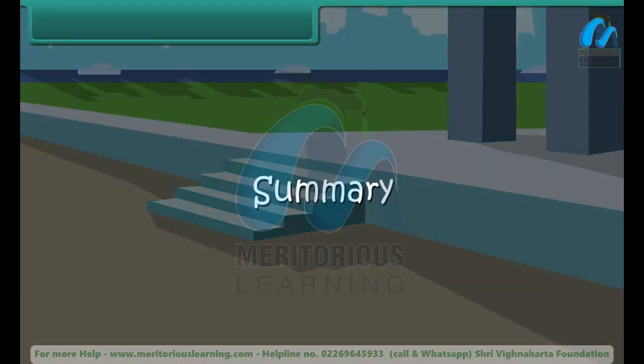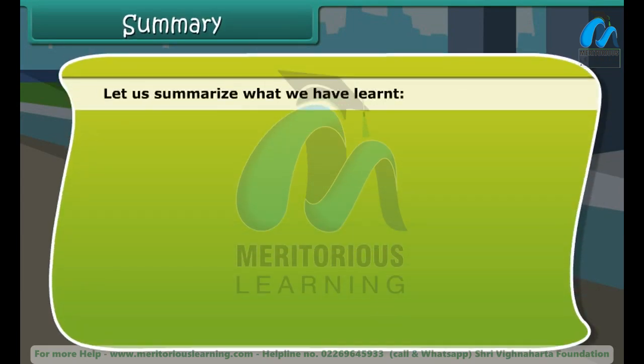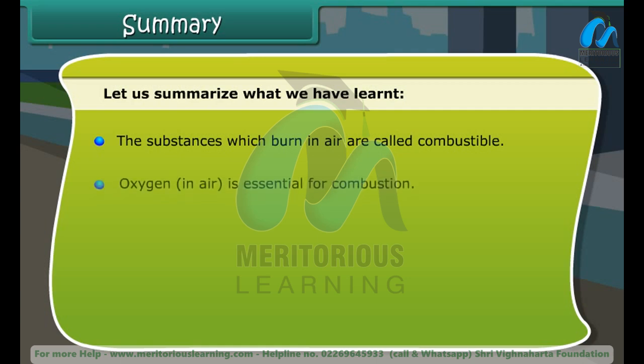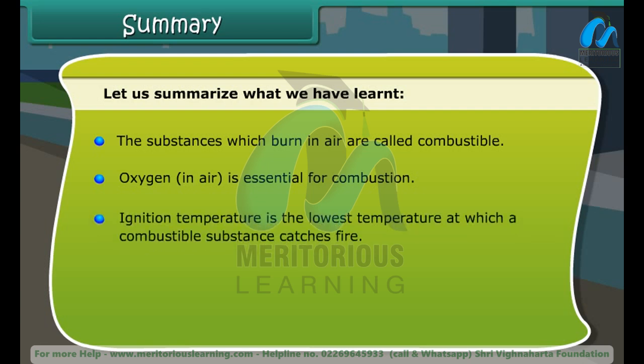Summary. Let us summarize what we have learned. The substances which burn in air are called combustible. Oxygen in air is essential for combustion. Ignition temperature is the lowest temperature at which a combustible substance catches fire. There are various